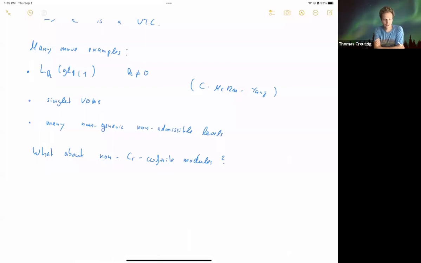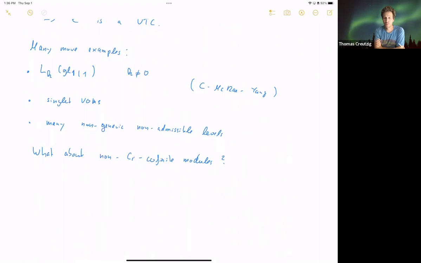Just when we only take SL2, what do we have? We know that any module of the finite-dimensional Lie algebra SL2 induces to a module of the universal affine VOA. And now, what does the finite SL2 have? It has, of course, its finite-dimensional modules, one simple one for each dimension, but it also has modules that are highest but not lowest weight and the other way around. They are already infinite-dimensional. More generally, it has modules that have neither a highest nor a lowest weight. This is what the physicists call relaxed highest weight modules. One better just calls them weight modules because they have a weight space decomposition.